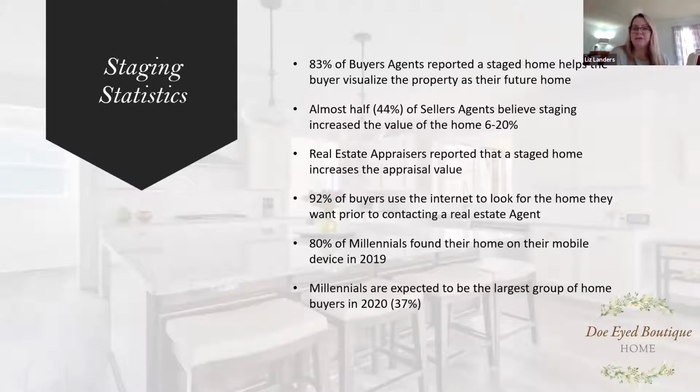The house had been virtually staged. It was in the Museum District of Richmond, which is a hot, hot area. You can walk to so many things. And being virtually staged, they had all that foot traffic, but when the people physically stood there, even if they had their cell phone in their hand and they're looking at, oh, it looks like this online, they couldn't see it there. So instead of taking a price cut, and they were going to take like a $5,000 price cut,